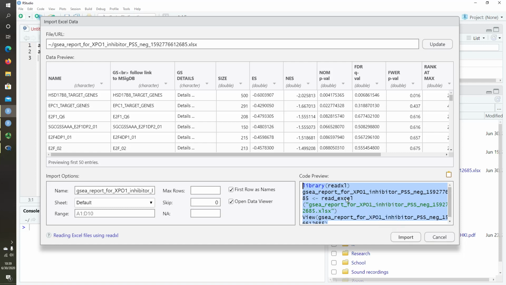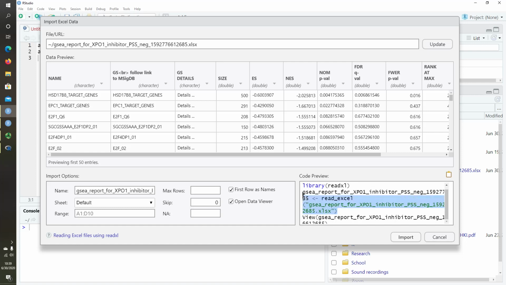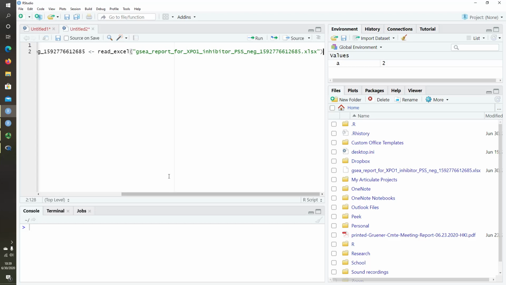So you can copy that. You don't necessarily need the view. View is the preview that it's showing here, but you can copy at least this much. You can either hit import here, or you could bring it back to the R script, and let's say I want a new R script for this. I can paste it, and